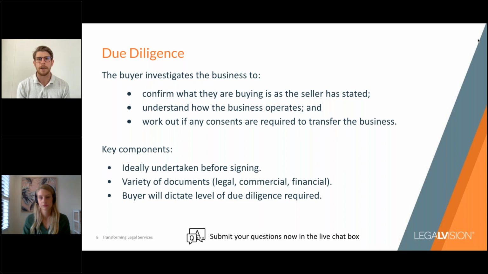And really there are a couple of different types. There is legal due diligence, which is looking at the contracts and other documents that are in place, or researching the IP, such as trademarks, and making sure they're validly registered. You can also have financial due diligence, so making sure the earnings of the business are looked at by an accountant to confirm that the seller's accountant has recorded profits and losses correctly. You can also have commercial due diligence, to make sure things like the earnings of the business, on a less technical scale, are what they say they are.